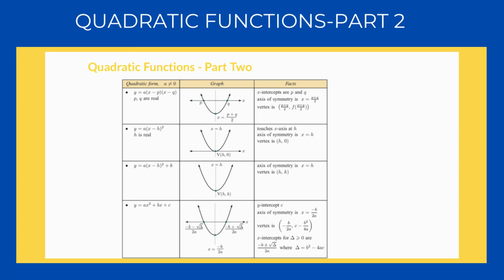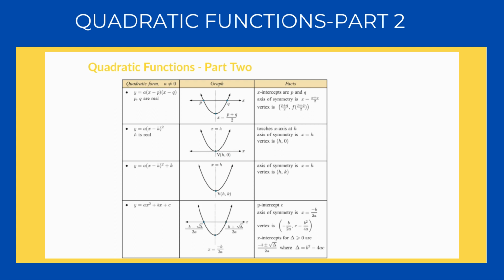Now the second form is y equals a times (x minus h), all of it squared, where h is a real number. And the graph of this quadratic form is basically something like that, where the axis of symmetry is equal to h. So depending on what number we have here, the axis of symmetry actually depends on h. And the x coordinate would be h, and the y coordinate is 0